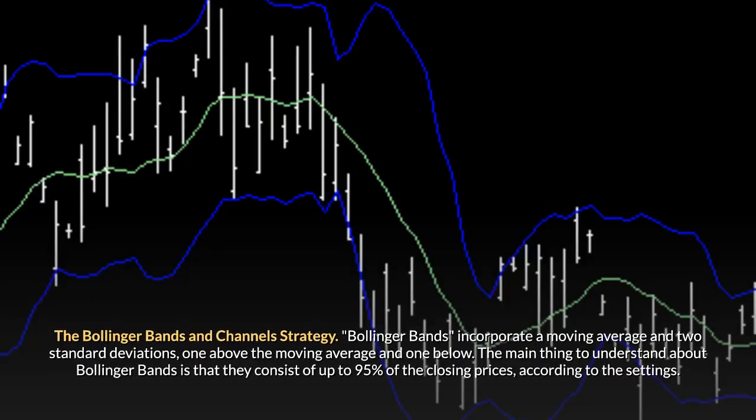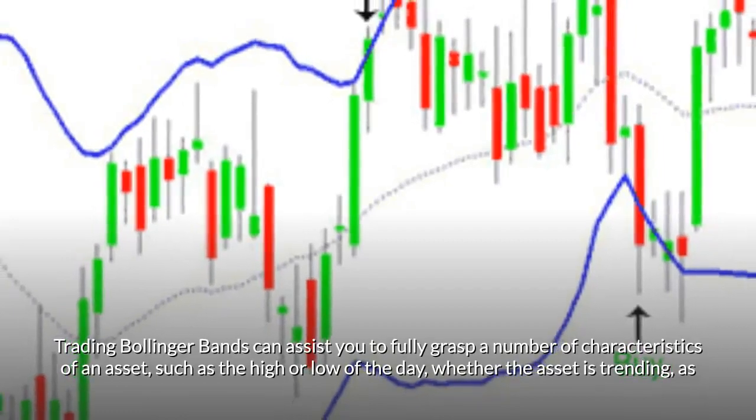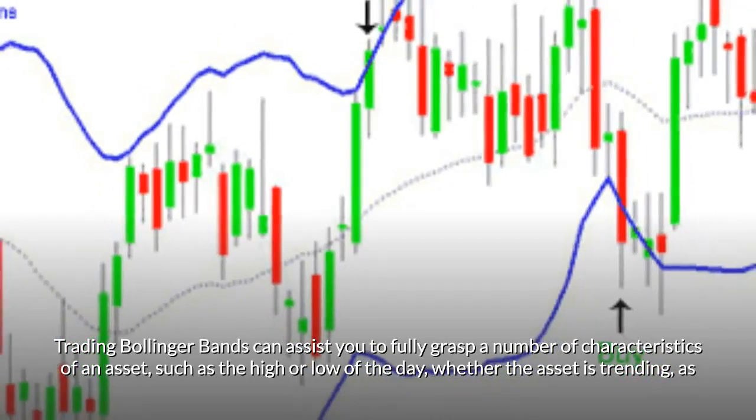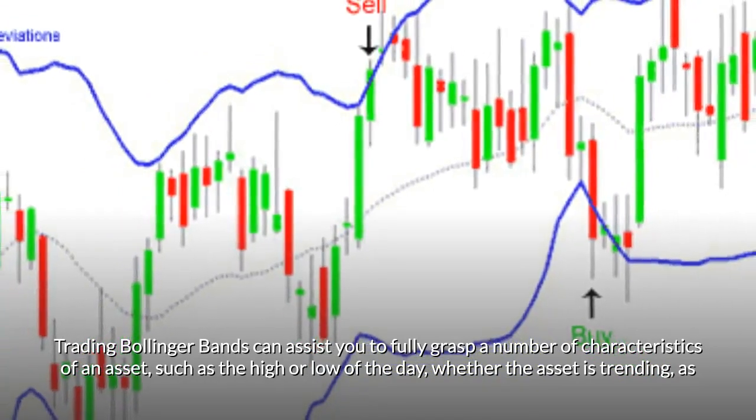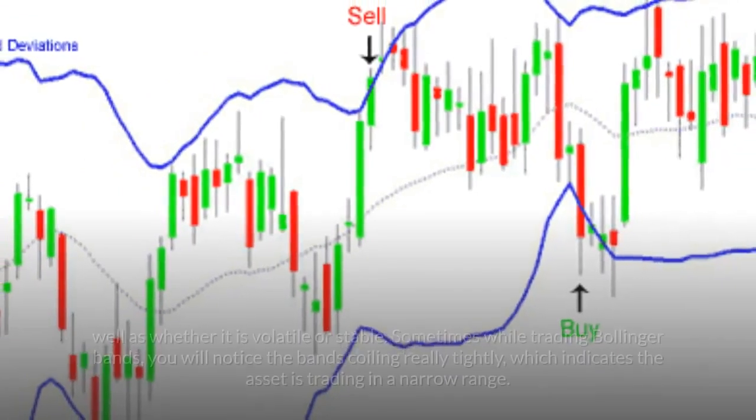The Bollinger Bands and Channels strategy. Bollinger Bands incorporate a moving average and two standard deviations, one above the moving average and one below. The main thing to understand about Bollinger Bands is that they consist of up to 95% of the closing prices, according to the settings. Trading Bollinger Bands can assist you to fully grasp a number of characteristics of an asset, such as the high or low of the day, whether the asset is trending, as well as whether it is